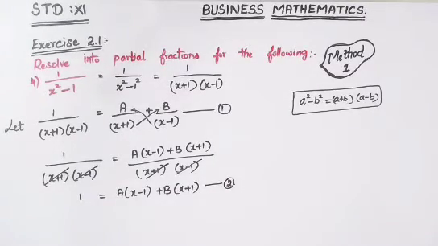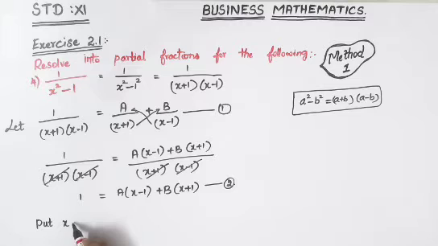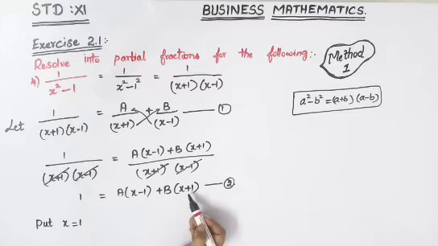Now we have to assign values of x, and you'll have to get the variables a and b. To get the value of x, see your first term, you got x minus 1, write the additive inverse of minus 1. Additive inverse of minus 1 will be plus 1. Give that plus 1 here, because if you give 1 here, that part will become 0, then you can find your b.